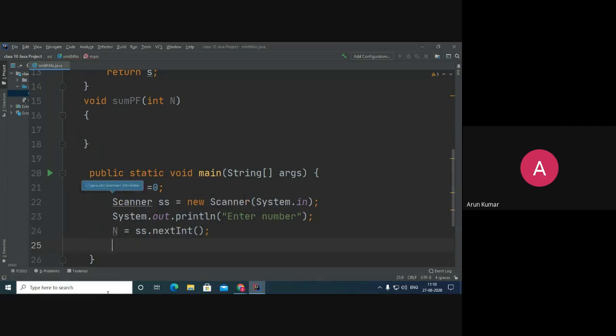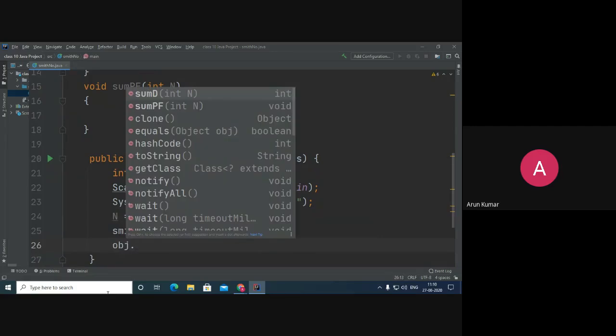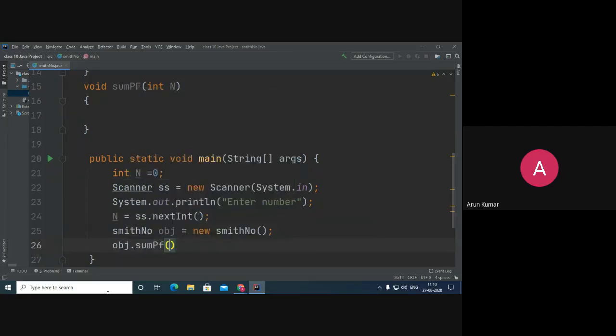I need to create the object of the class, that is SmithNumber obj = new SmithNumber, and call obj.sumPF, passing n. Children, in this function, I'm not just going to calculate the sum of the factors. First of all, I would like to show you how these factors can be generated.